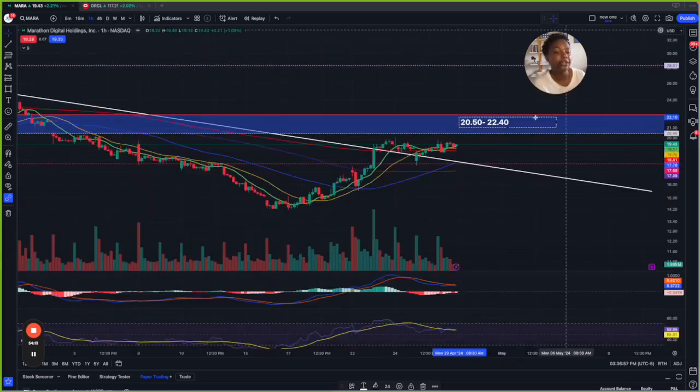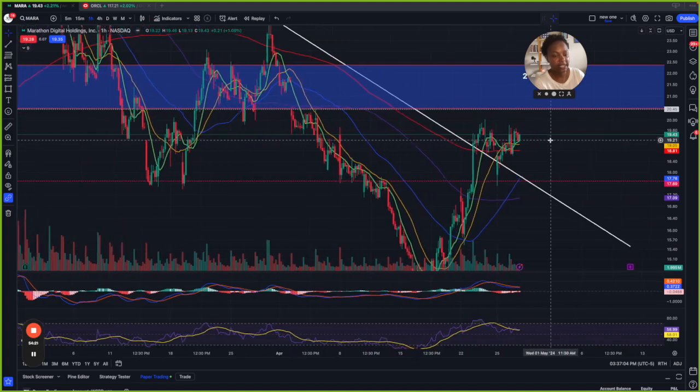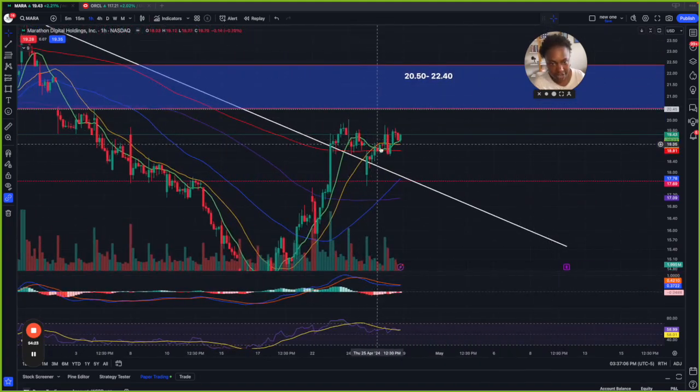Now, Mara is good for day trading, especially if you are trading in a quote-unquote small account. Absolutely love it. Now, see how all of these averages here, these three averages, the green is the 9, the yellow is the 20, the red is the 200. They're all doing bullish crossovers, right? These are all very bullish crossovers, and it's holding it. Kind of like a chair. It's just sitting here and it's moving. We got a pullback in this last 3 hours of the market, but it came back, gave it back.